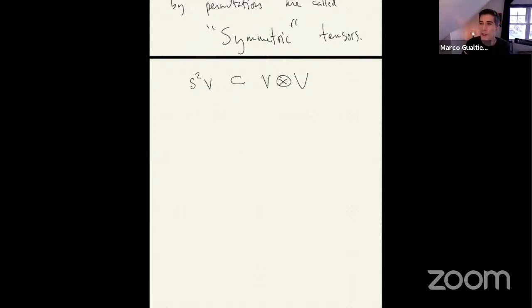And in the assignment, there's a question where you take the tensor product and you quotient by this subspace. You send all the symmetric things to 0, right? And then you get the skew symmetric tensors. But anyway, what I'm trying to say is that